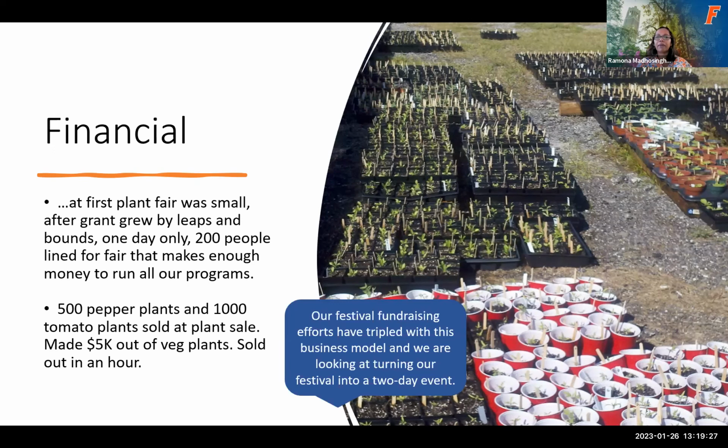That's a great impact, right? So that's marketing success, but also financial success in terms of how much money you made. And this other one here in the bubble at the bottom, it's blue. Festival fundraising efforts have tripled with the business model. And now we're looking at 2-day events. So again, taking something that starts off pretty small and generating it into a much larger idea,